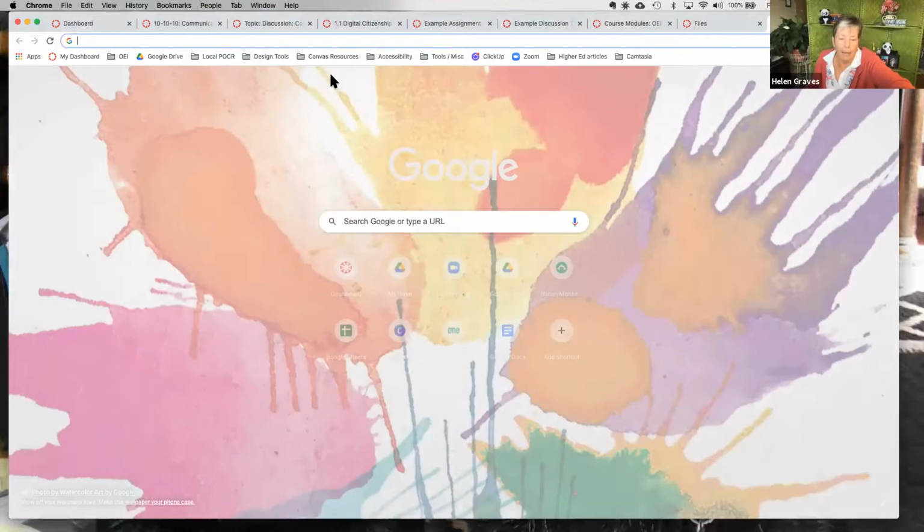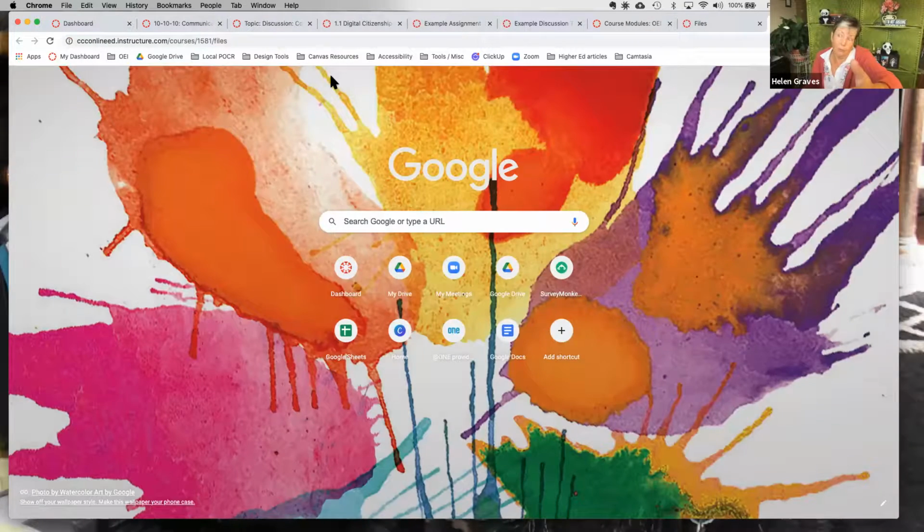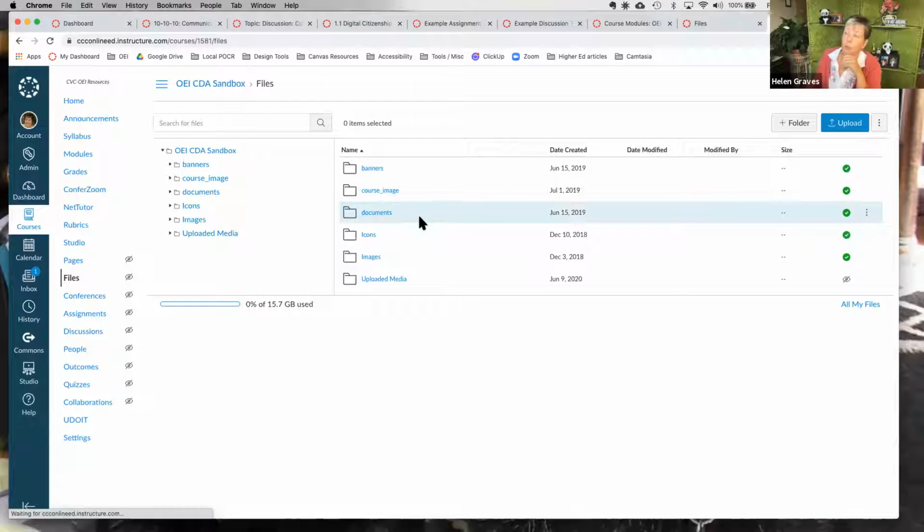So a great way to deal with that is to come up with a structure of organization for your files. And you can do that at the beginning, which is, of course, the easiest thing to do. You can also do it now. This is one example where you have the ability in Canvas to set up folders. Unfortunately, only in the files area. I'm begging them to do it in Pages as well, because it would be great. But for now, at least we've got it in files.